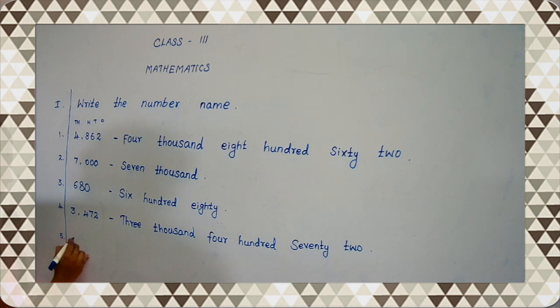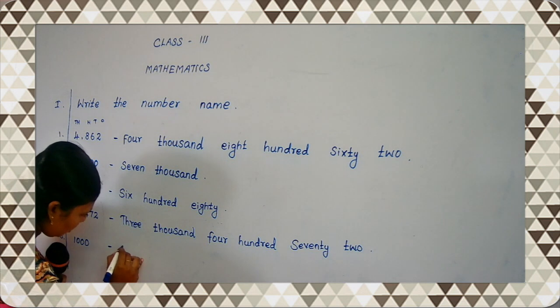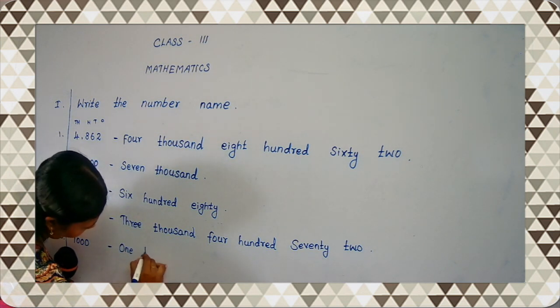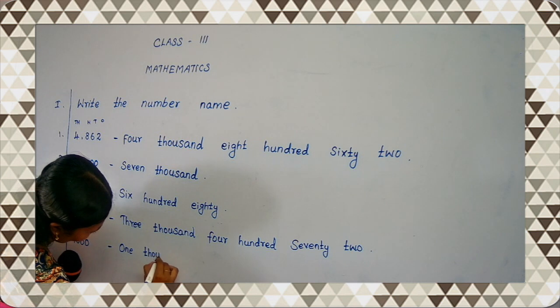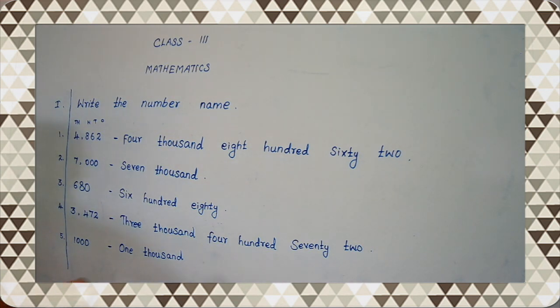Then the fifth one, what is this number? 1000. Okay, say the spelling for 1000. O-N-E, 1. T-H-O-U-S-A-N-D, thousand. Okay, 1000. Say the spelling for 1000. O-N-E, 1. T-H-O-U-S-A-N-D, thousand. 1000. Now all of you take your maths class note